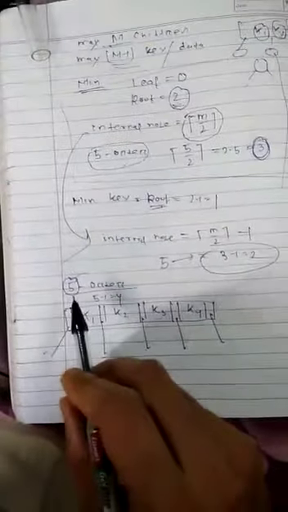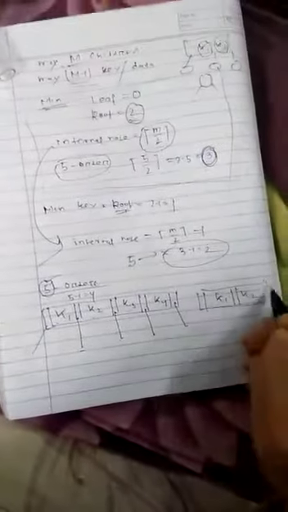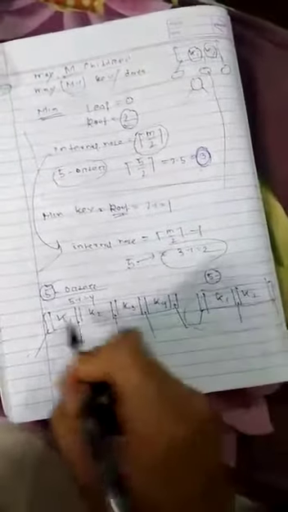So what is the minimum for this case? Minimum children equal to m by 2 ceiling, that means 3. Okay, the minimum keys is one less, that is 3 minus 1, 2, so k1, k2. This is the minimum possibility of an order 5 tree: 2 keys and 3 children. This is the minimum possibility, and the earlier one is the maximum possibility of order 5. Similarly, you have to calculate for other order trees.